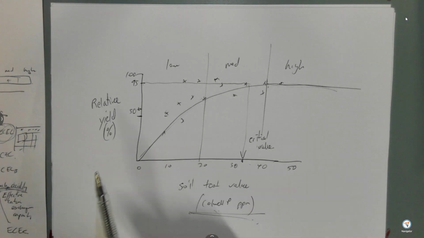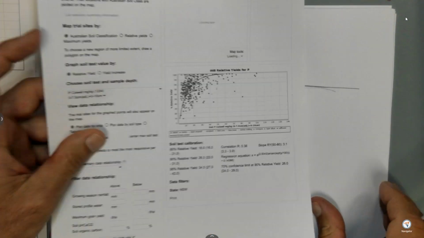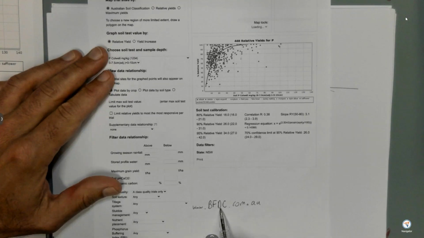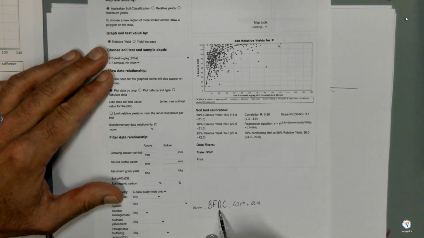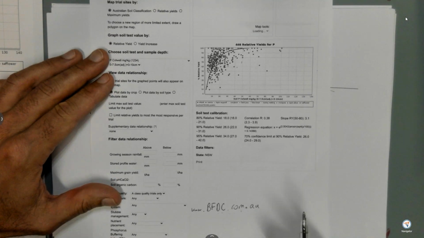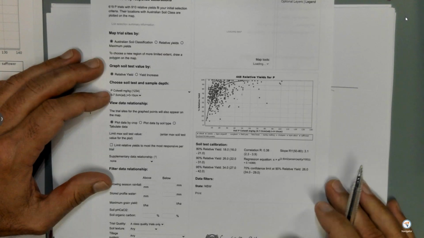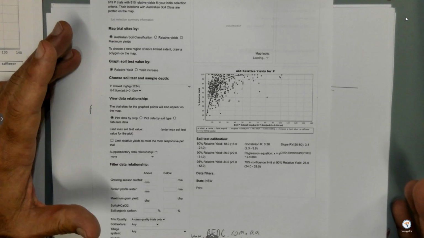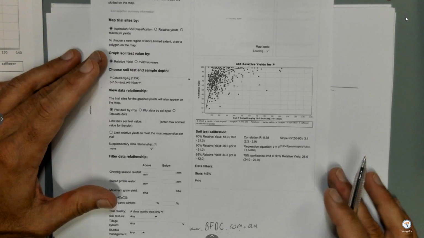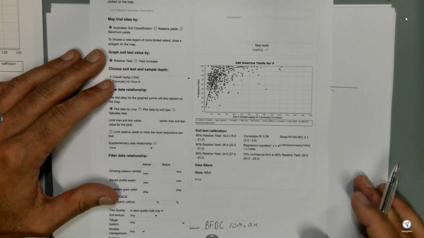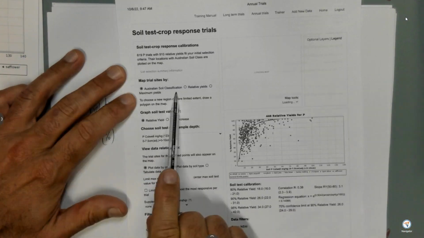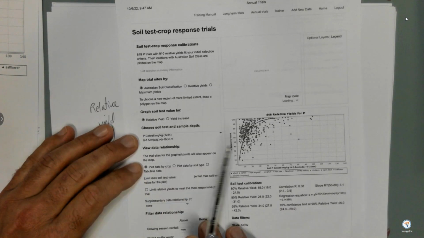We are so fortunate to have the Better Fertilizer Decisions for Cropping website, www.bfdc.com.au. And what it is, is a database of basically all our Australian trial data that we could get. It literally has, I think, 5,000 or 6,000 trials in it. And I've just got here, so you can put in your soil type, you could say what you're measuring, in